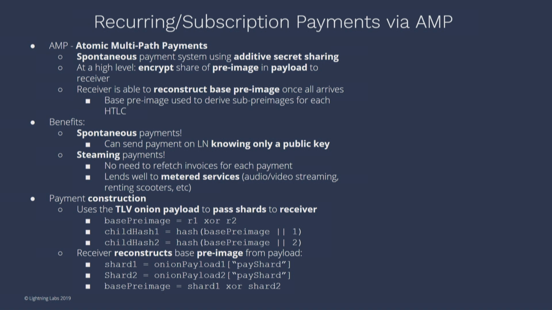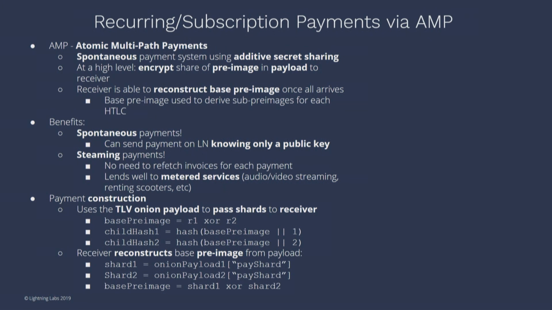One other thing people talked about earlier is that this now solves the issue that MPP had. The issue MPP had was that you were using the same base preimage and the same payment hash along all the routes. Here, they're all completely randomized, so you can even say this adds privacy, because everything looks completely uncorrelated. One other important thing to notice is that the receiver cannot pull until it has all of the payment shards. Once it has shard 1, it would need to guess shard 2, which is infeasible. It can't do anything at that point. This is now fully atomic on the receiver's end.